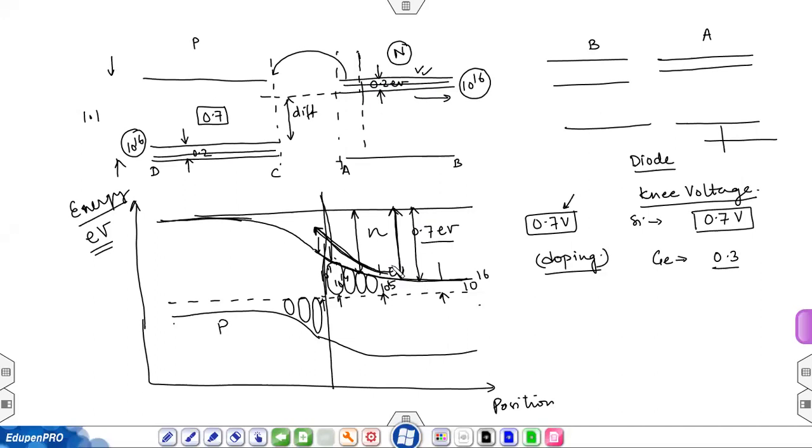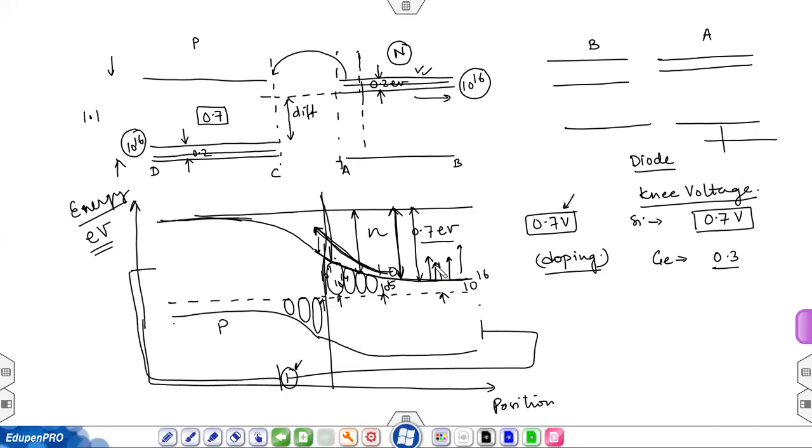अब आपको biasing में कोई दिक्कत नहीं आएगी. अब आप biasing खुद भी कर सकते हो. As soon as you apply a positive voltage here and a negative voltage here, you are basically increasing this conduction band energy, because electron के case में negative voltage देने पे उनकी energy increase होती है. So as soon as you apply a negative voltage here, you are pushing the electrons. You are basically increasing this level. So what do you expect?